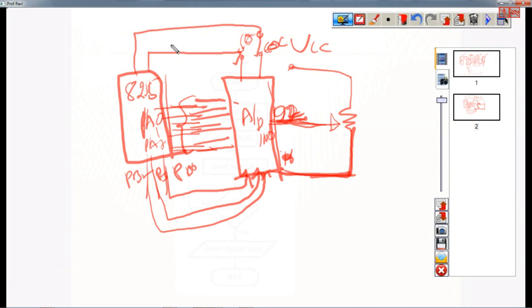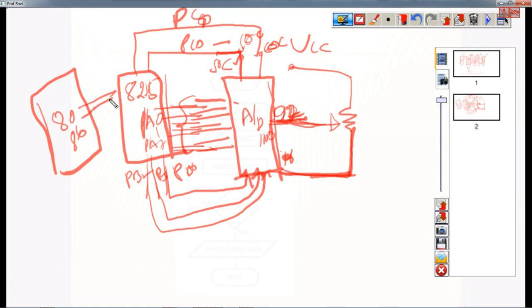So port C is what? Port C0 is what I'm connecting to start of conversion, and port C1, and port C0 is what I am connecting to the analog to digital converter. So you can assume this as start of conversion, you can assume this as end of conversion. So I need around how many pins of 8255? So 8 here, 3 here, 11, 11 plus 2, 13 pins is what I need. Okay, 13 pins to interface this to 8255, and then here it will be your